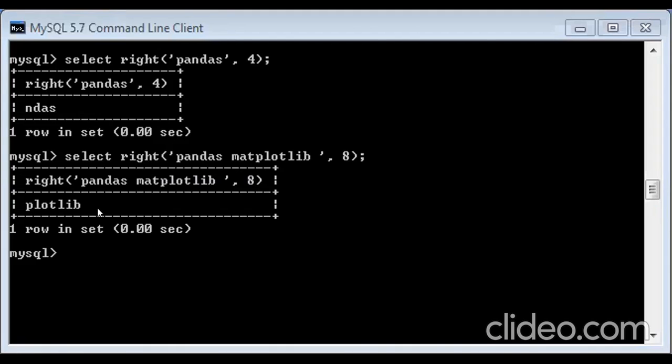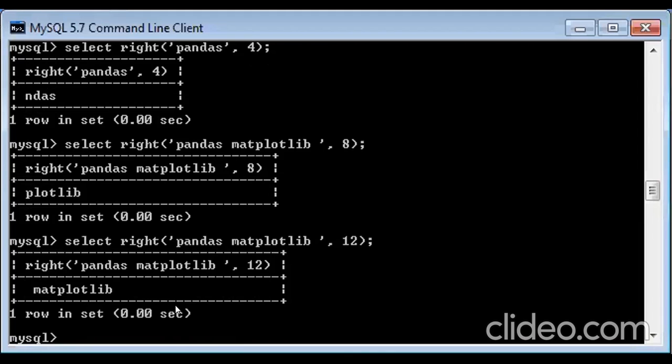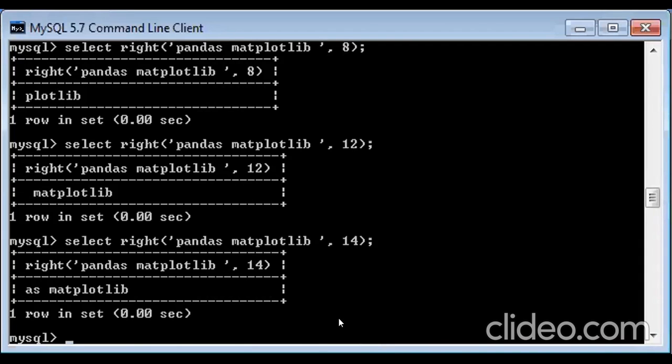The space is counted as one character. In fact, if I remove this 8 and put something like 13 or 14, ultimately it is just that they are counting the space also. The space will be treated as one character over there.